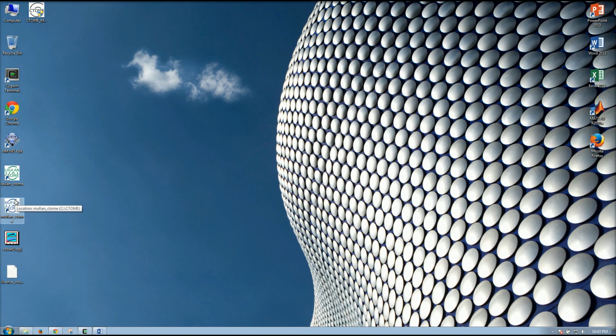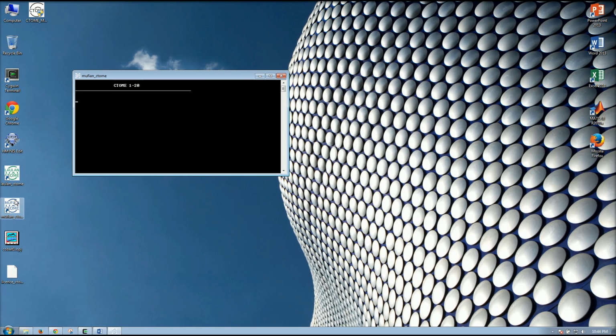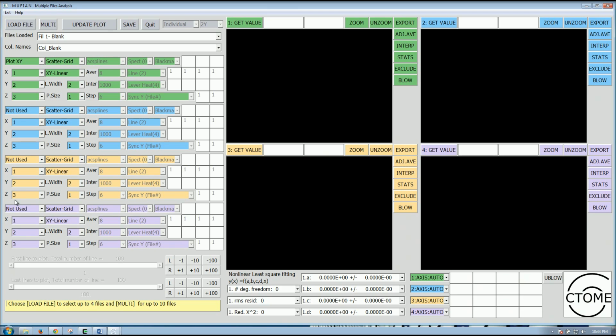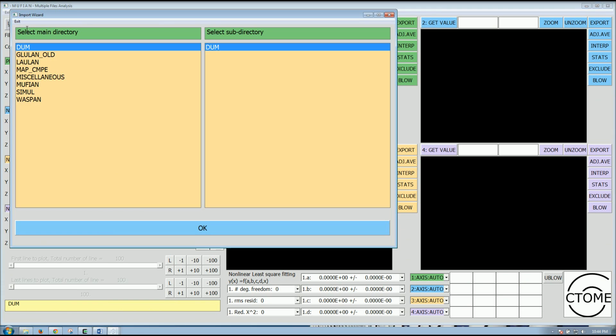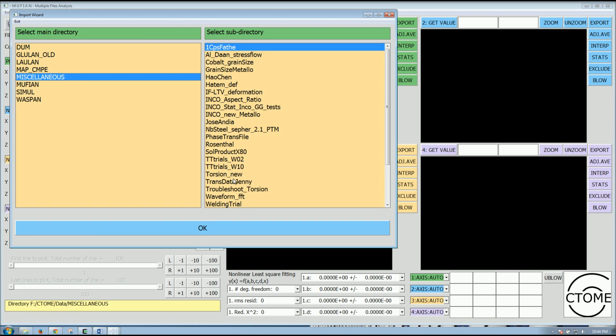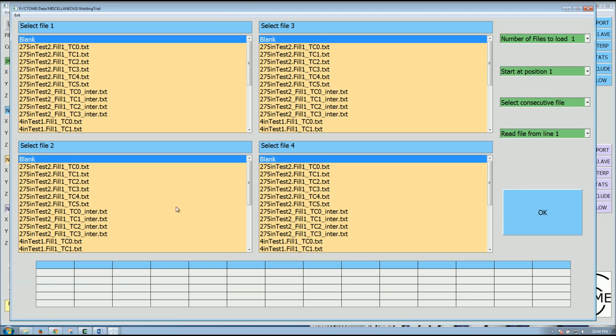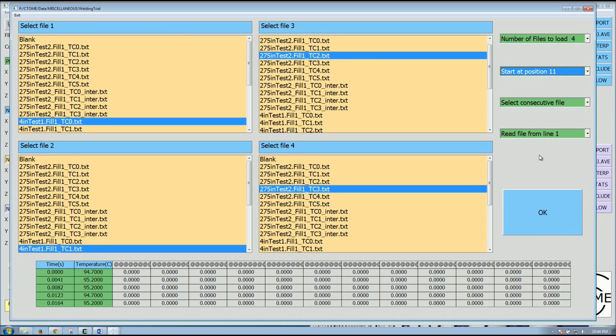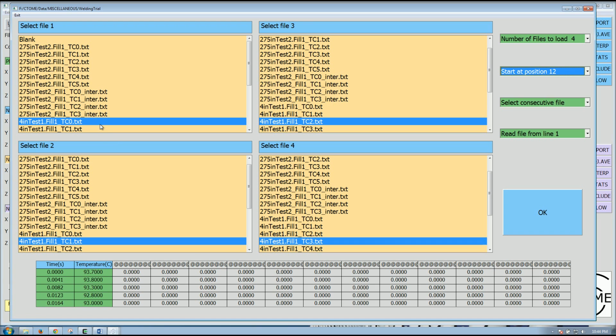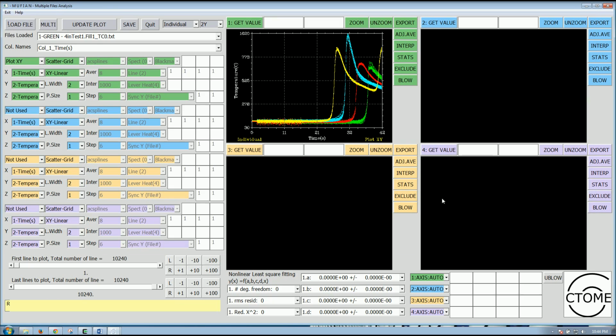So in this video I will be showing you how to export a figure from a set of data that you have processed using the software Muffian. For this example I will be loading just data from this folder here, welding trails, and let's just select for instance use this here. Just select start at position 11 and we have 1, 2, 3, and 4 files all loaded together. So these are the data that I have plotted here, and